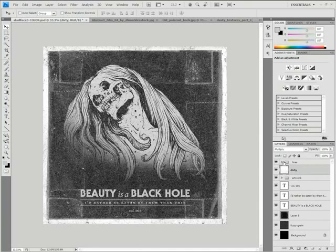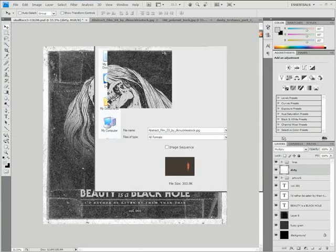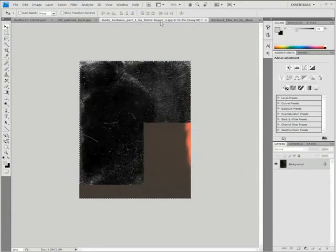Alright, now I feel like we're reaching a good point. I'm going to throw this guy in here. And I like this red part, so let's kind of see what we can do with this red. Let me close some